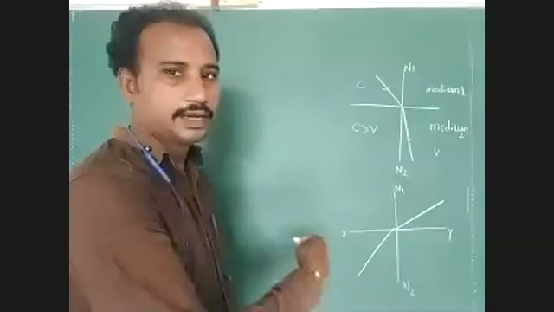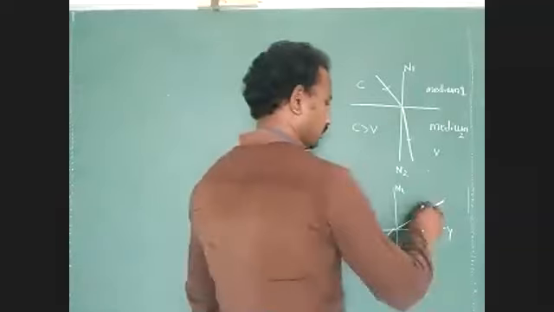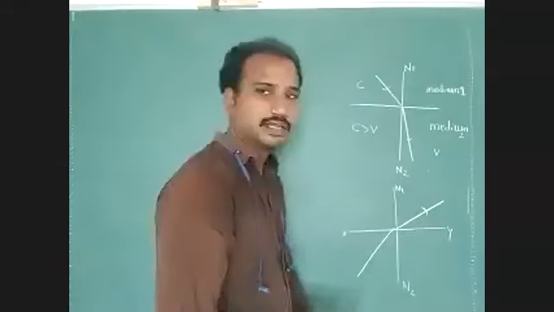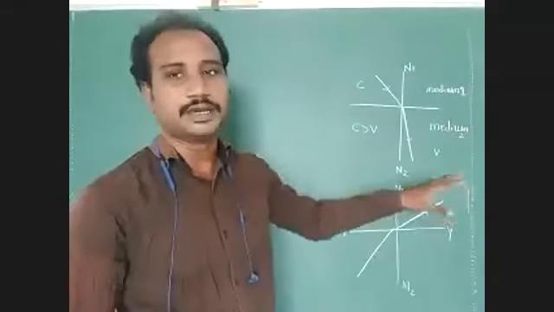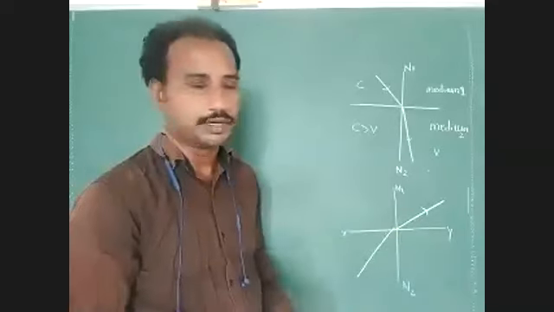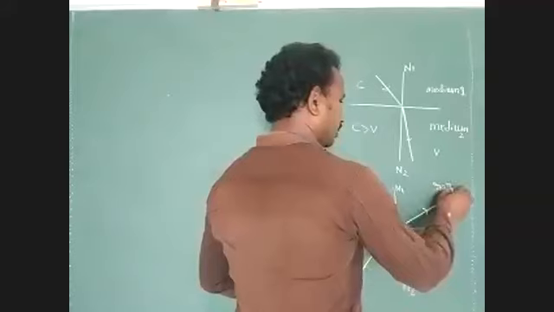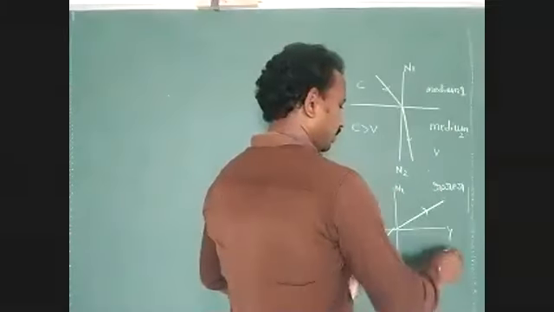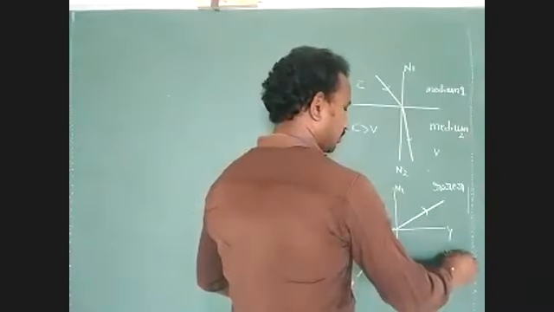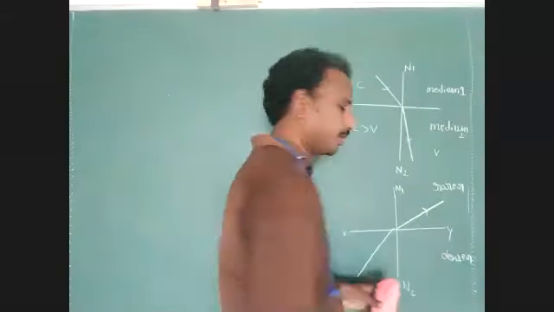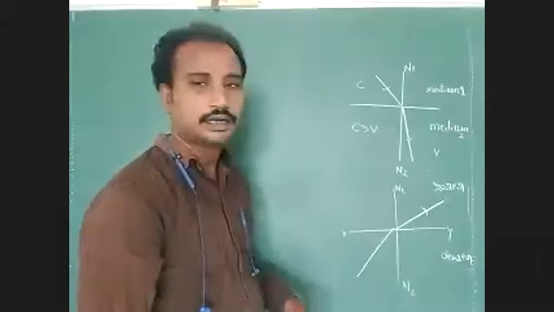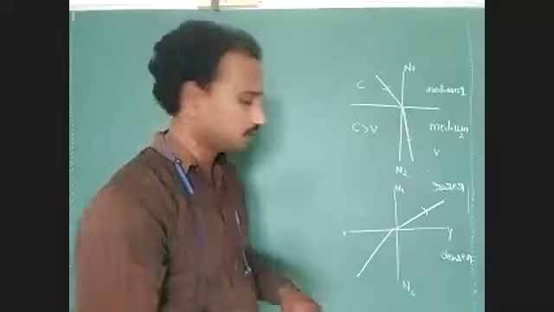Here, the refracted ray bends away from the normal. What is the reason? Here we consider that this optical medium is a low density optical medium, so the rarer optical medium. The other represents the denser optical medium. Now we have to calculate the angle of refraction and angle of incidence.